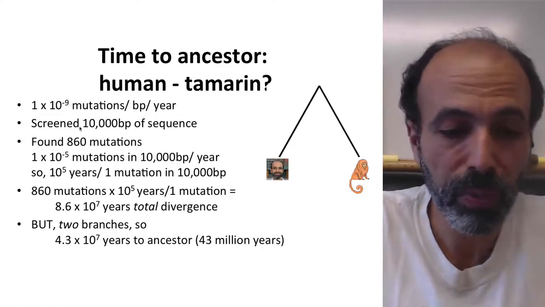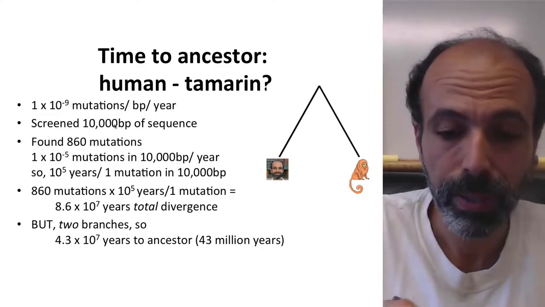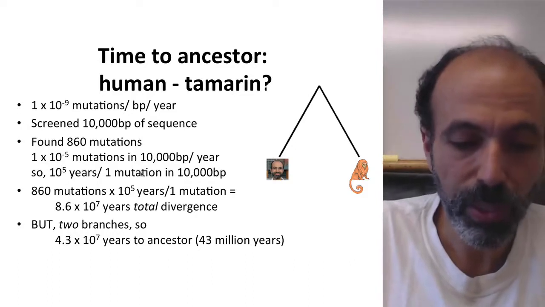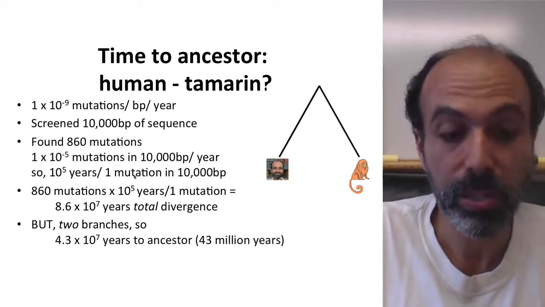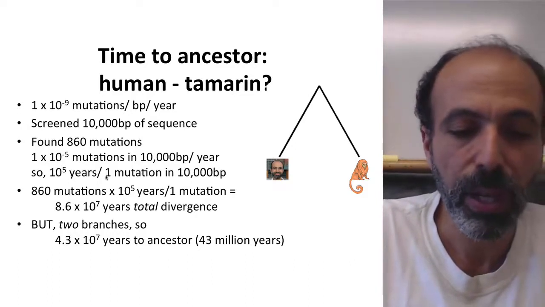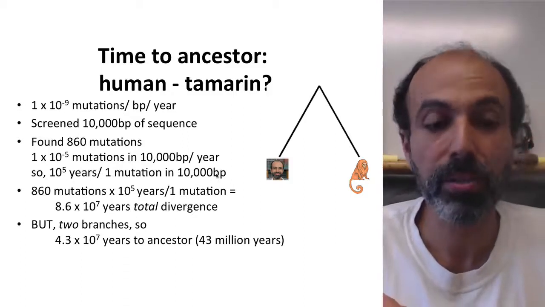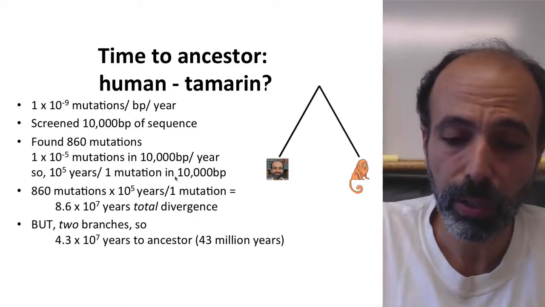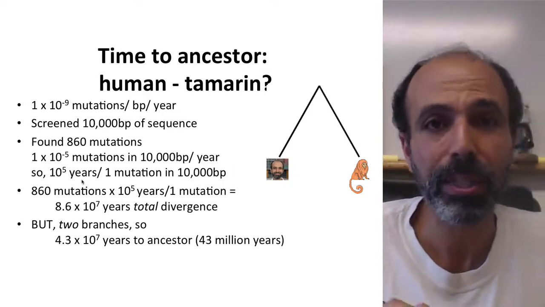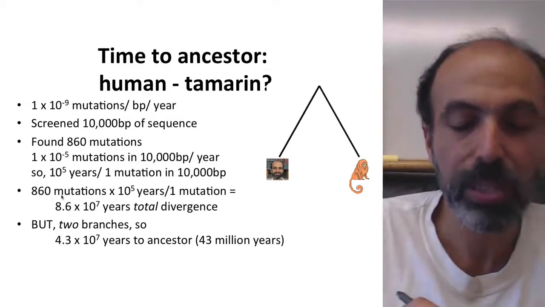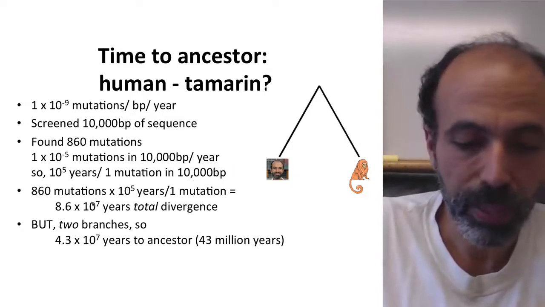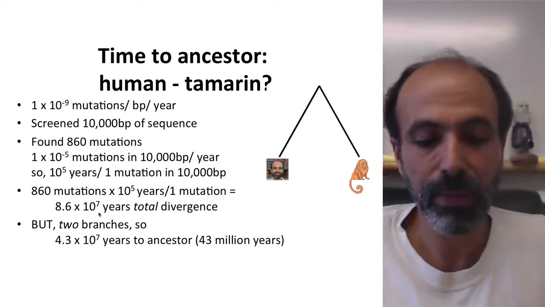Right? So all I do is multiply 10 to the minus 9th by 10,000. Then I invert this whole thing, so I have years in the numerator, mutations in the denominator, so we have to wait 10 to the 5th years for every 1 mutation in this 10,000 base pairs. Okay, so this is a longer stretch, that's why we don't have to wait as long for it. We have 860 mutations, so multiply these two together, and we get 8.6 times 10 to the 7th, or 86